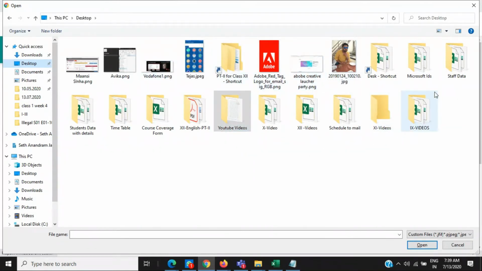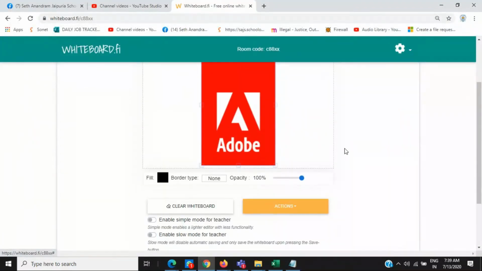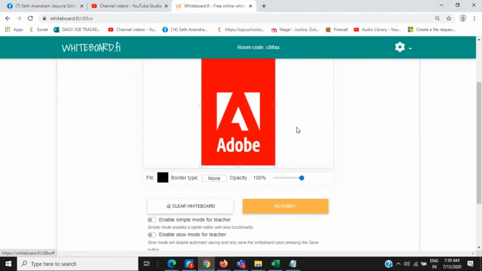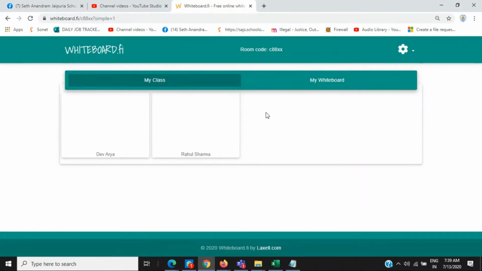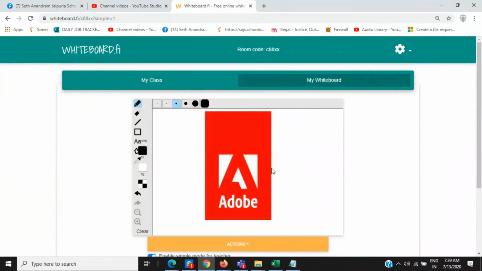We'll choose this one, and we ask the students, what is this? Which company's logo is this? So the student will answer.